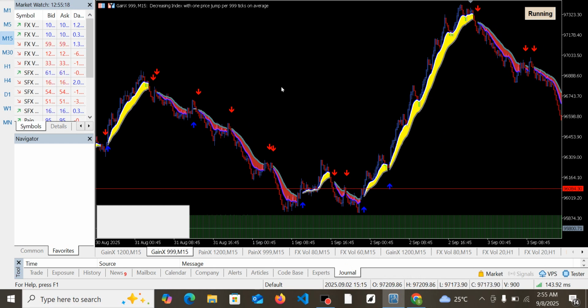So this is Gain X 999. I love using the 15 minutes time frame. If we notice, it got to the resistance zone at this point and it sold from there. And we can only trade spikes in Gain X when the market is going on uptrend or is already on uptrend, and it must be from the support region. At this point, it has gotten to the support region. So even if you place your order here, you will make some good money.